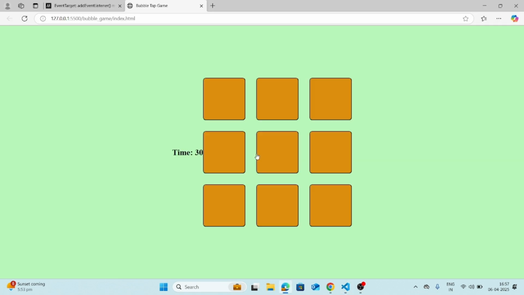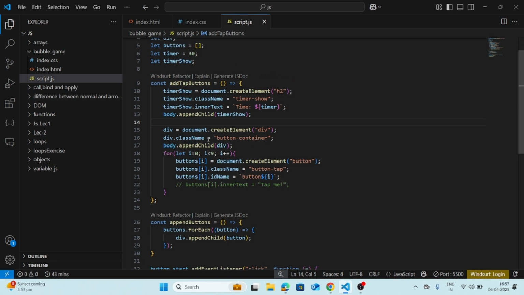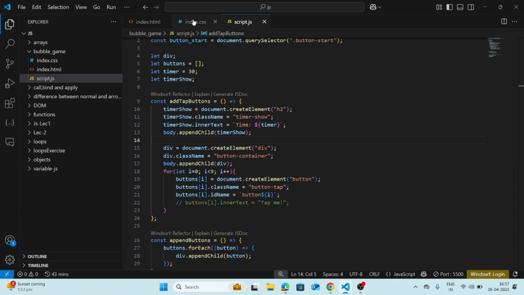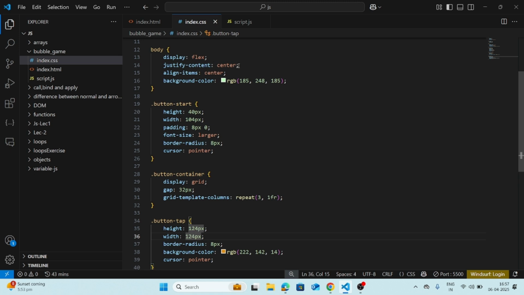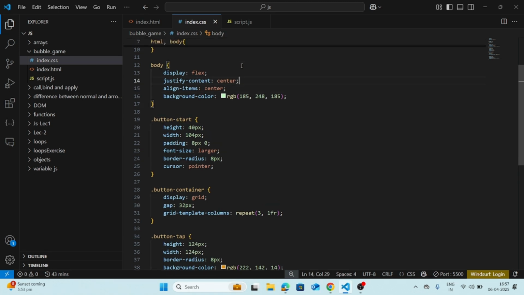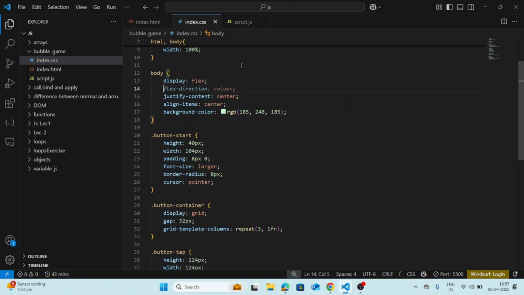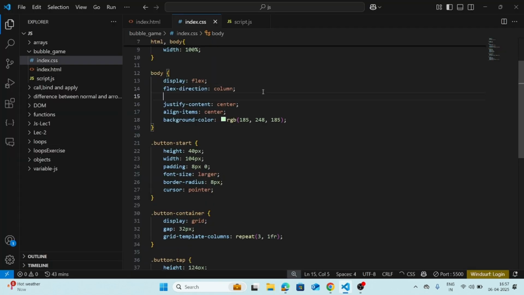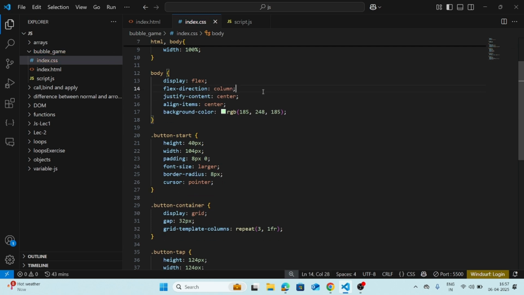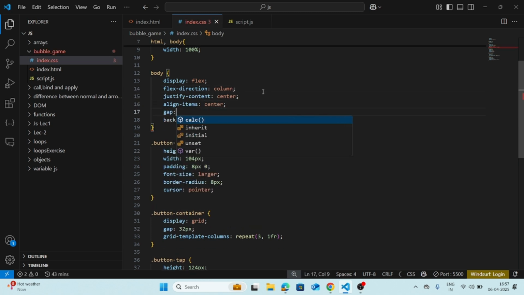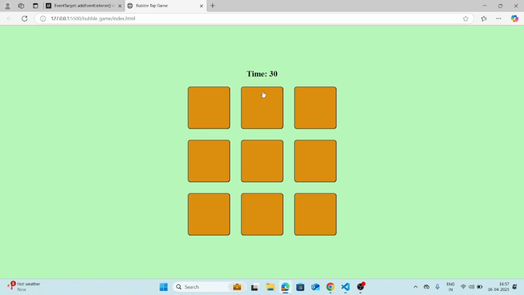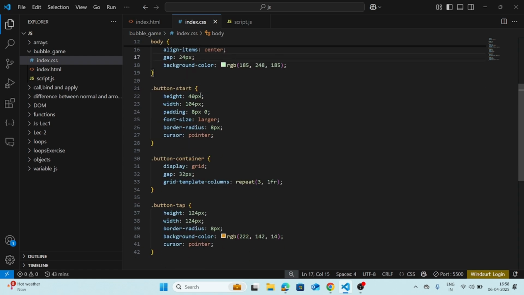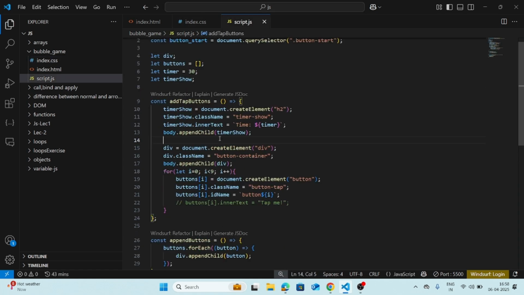So let's go and do this series again. Yeah, good. And body should be of display flex, justify center, align items center, with flex direction column. Okay, perfect. With gap, I need some gap. Gap is equal to somewhat like 24px. How does it look? Good. Timer start will have some function. Will have some timer show. Will have some,